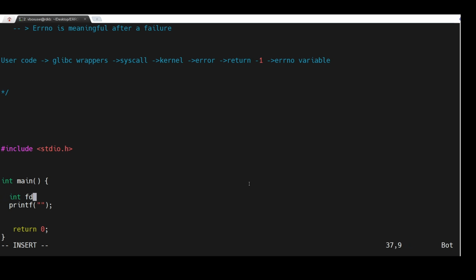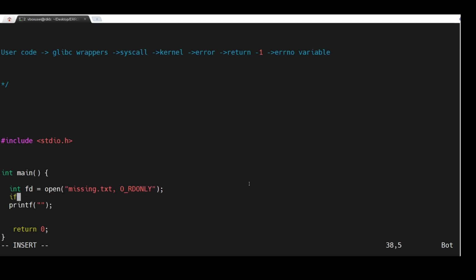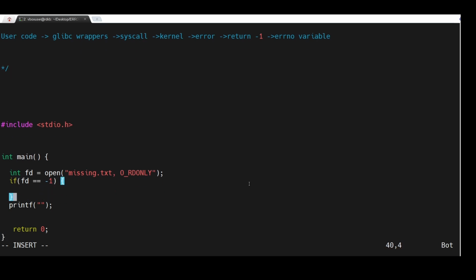So int fd is equal to open, and here I have a missing text file, comma O_RDONLY. Then if fd is equal to -1, then I'll printf "error: %s",